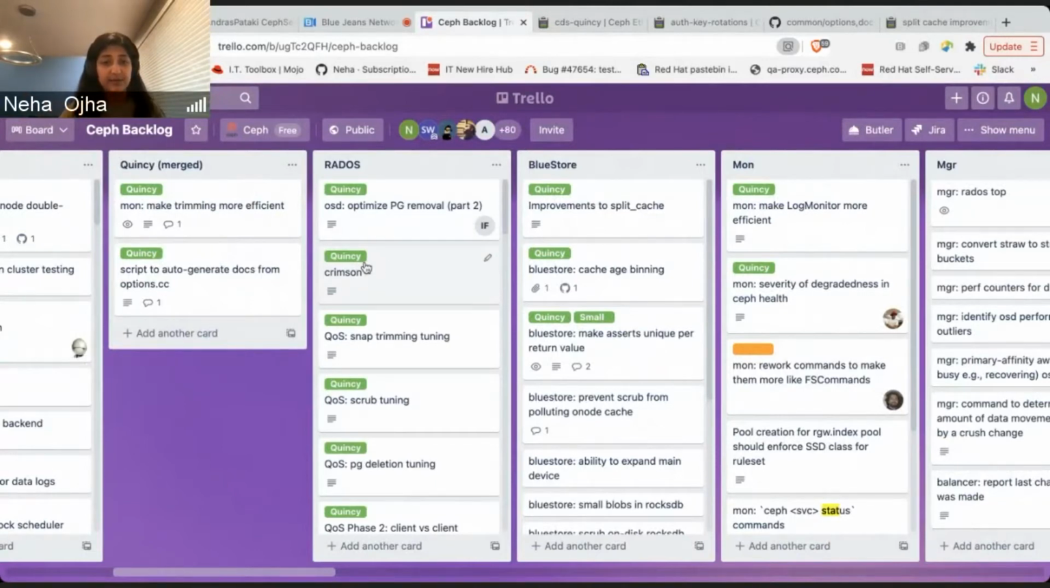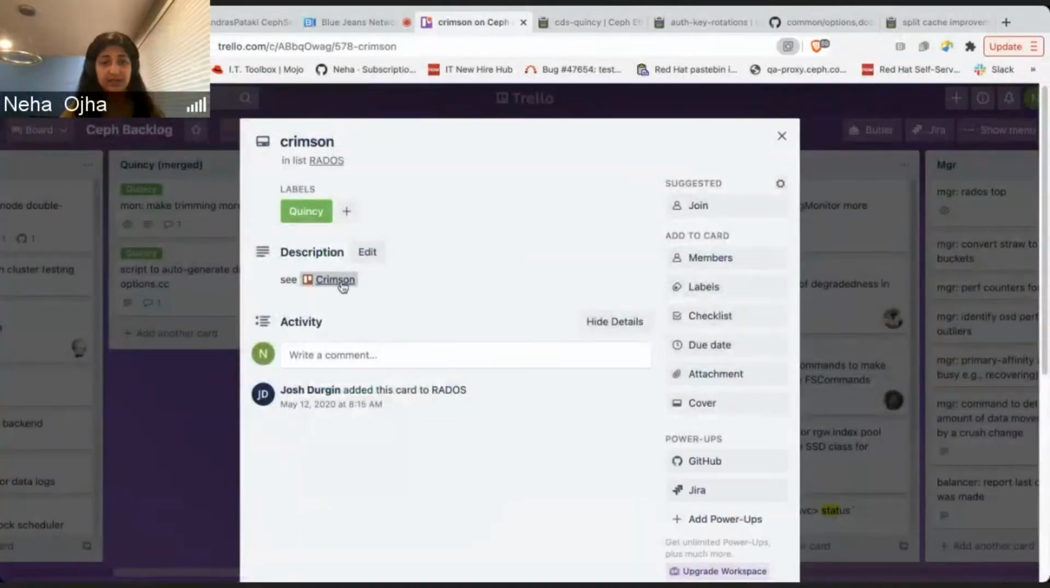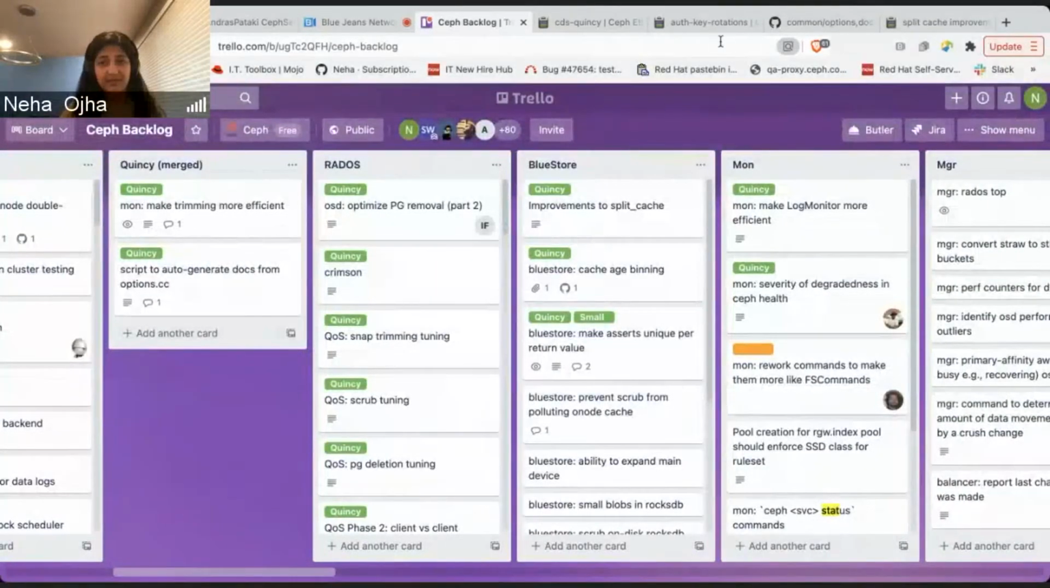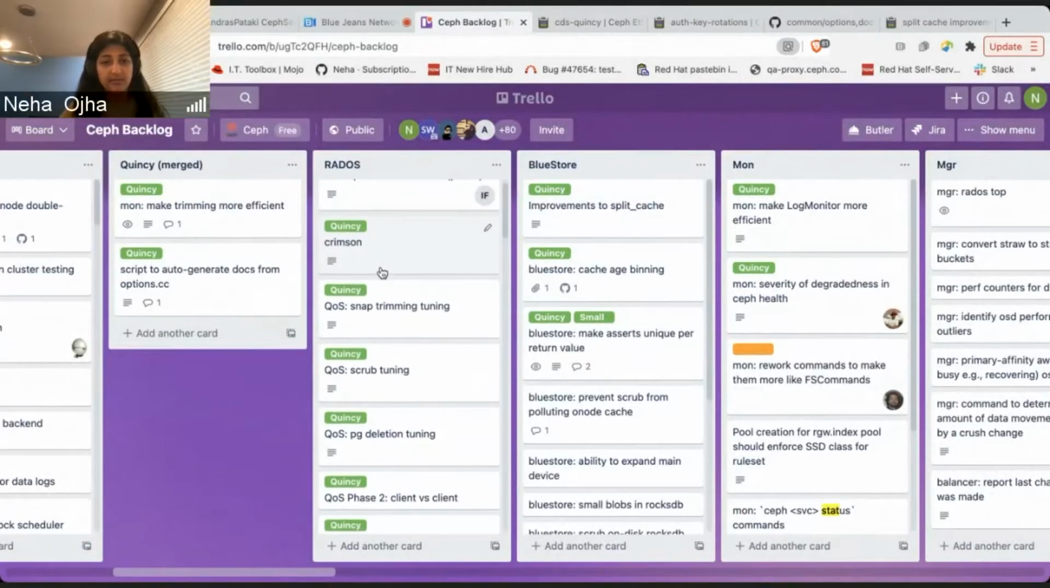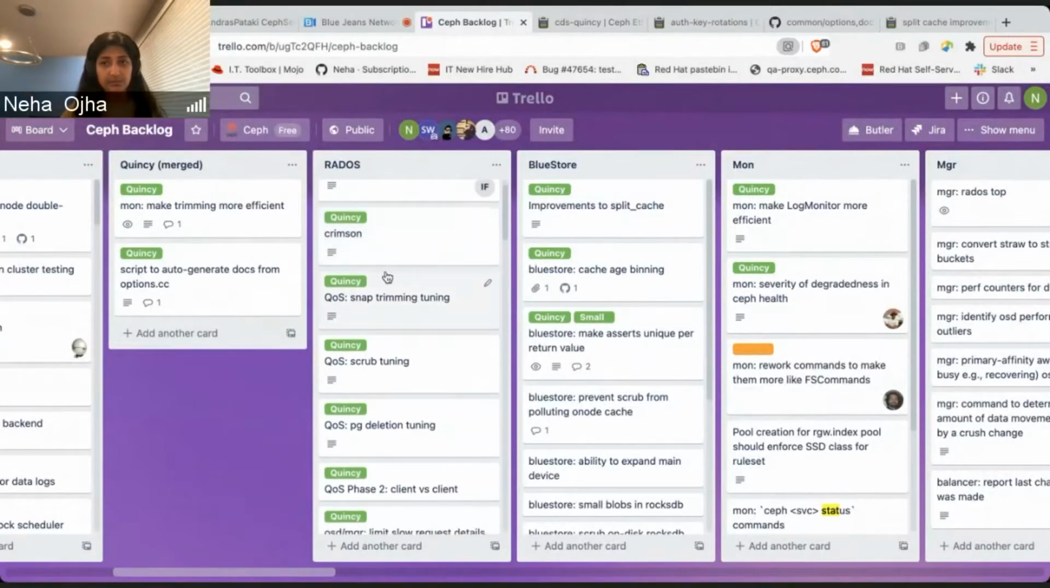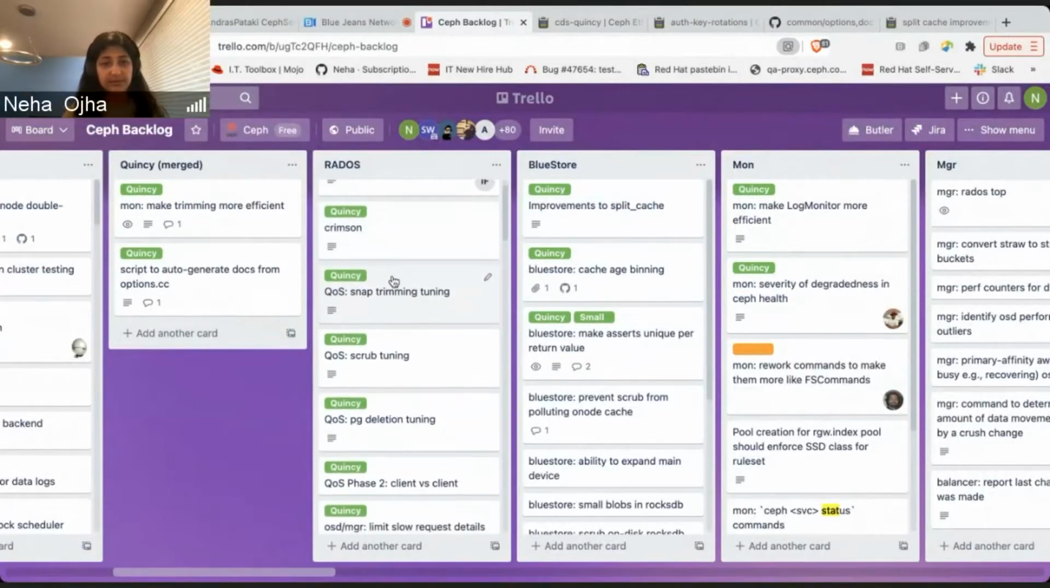Next item is a broad item about Crimson. Essentially it has a link to the Crimson Trello board, and we have very clearly outlined items there for Quincy. Then we've got